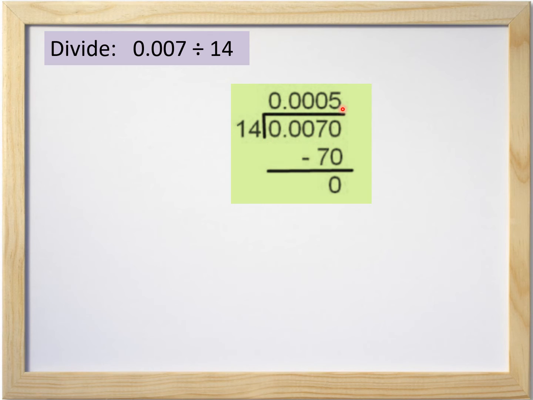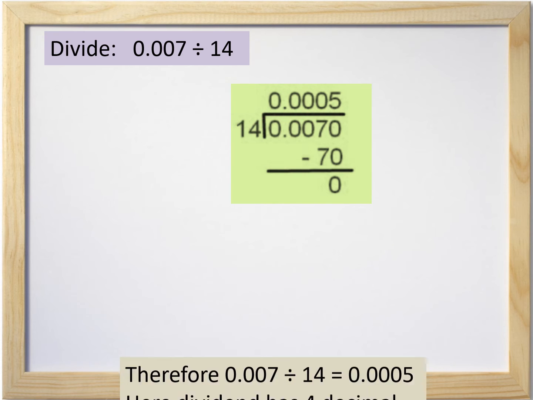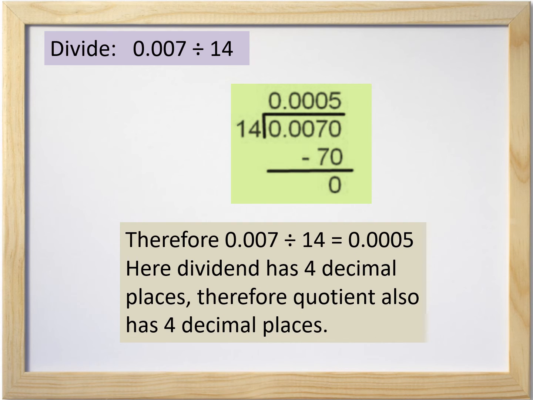It will go 5 times. So, 14 fives are 70. So, write 5 in the quotient. And then 70 minus 70 is equal to 0. So, what is the quotient here? 0.0005. Now, children, we know the quotient of 0.007 divided by 14 is equal to